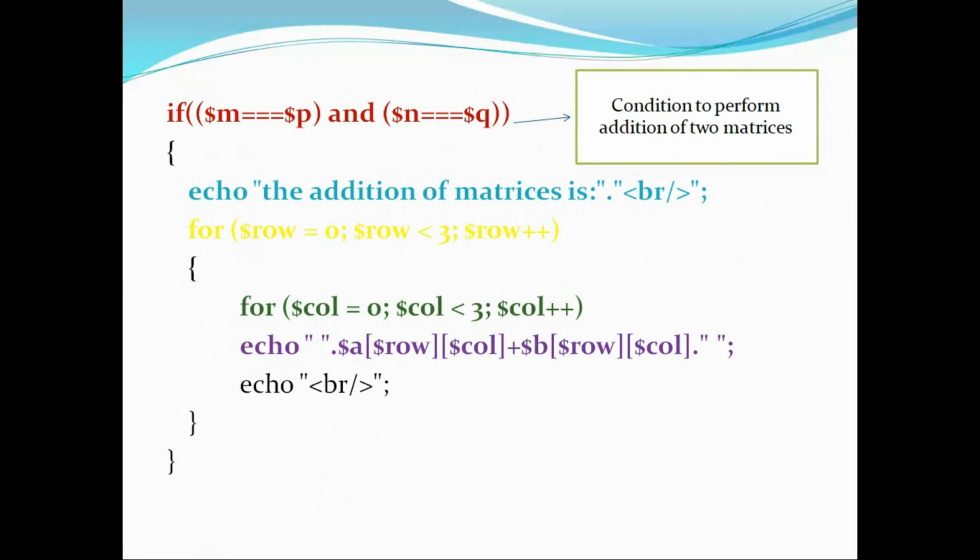Matrix addition can be done when the matrices have the same dimensions. Addition of a matrix by another matrix is obtained just by adding the corresponding entries of the matrices. Just look at that: the first element of the row and column is added to the second array's element at the same row and column. Likewise, it will keep on incrementing until this condition becomes false. Once the inner loop condition becomes false, it exits from that loop.